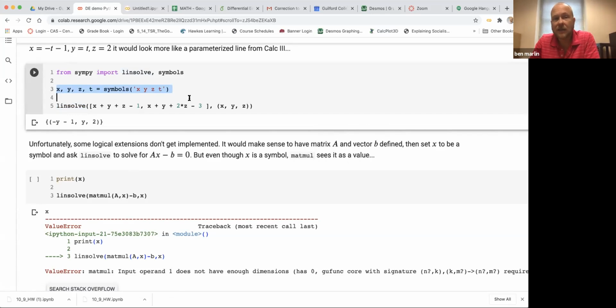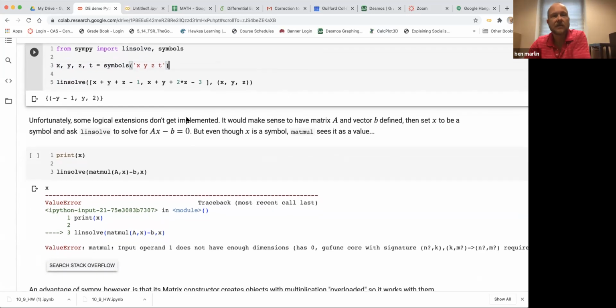If you try to use X, Y, and Z and tell it to solve for things without telling it it's a symbol first, it will complain and say things like, oh, but x is equal to 7. So anyway, you have to tell it things are symbols, and then you can use it to do this linear solving. You can also get it to do your algebra, like multiplying out polynomials and factoring stuff. It is pretty slick,